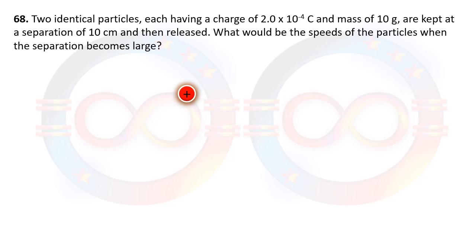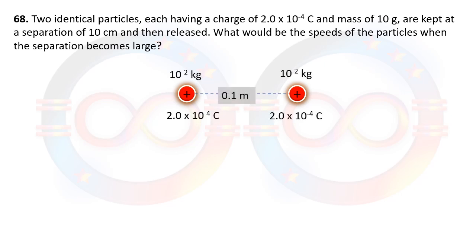If we are taking one charged particle 2 into 10 raised to minus 4, another charged particle 2 into 10 raised to minus 4 coulomb, and the distance is given 0.1 meter, there will be a force of repulsion between these two. Once we release them at a distance of 0.1 meter, they will be repelling each other,